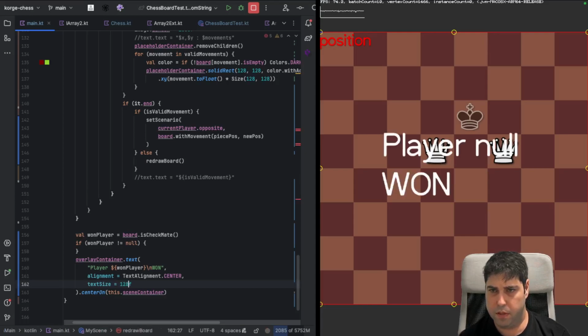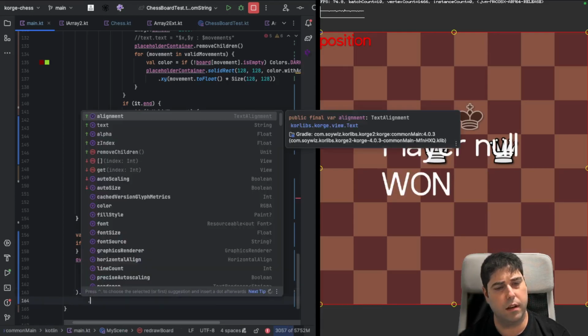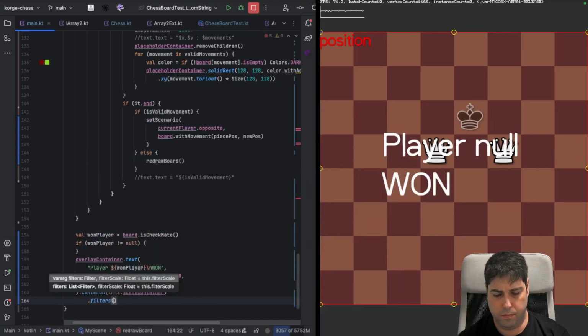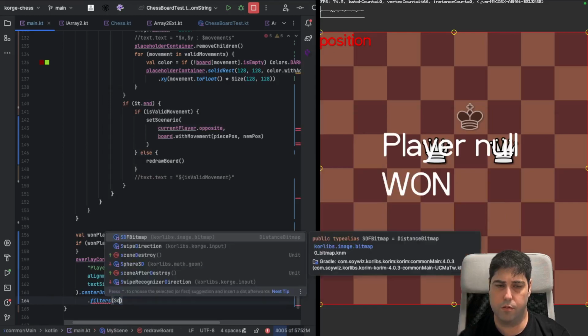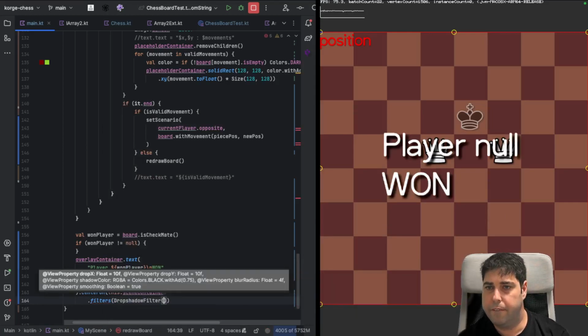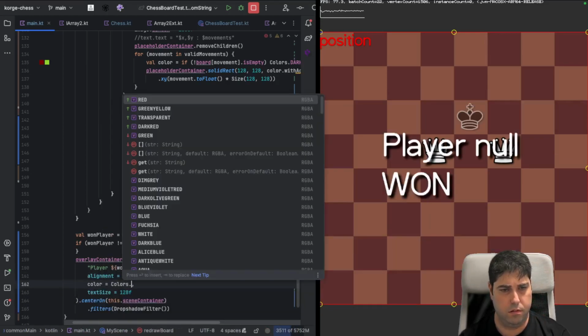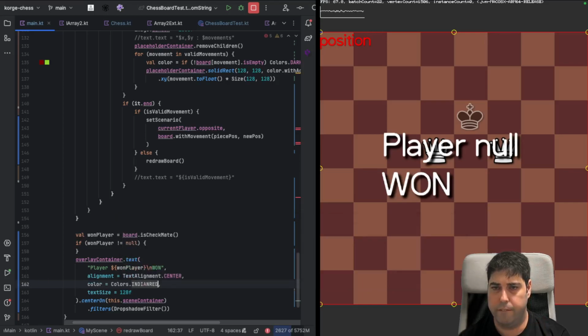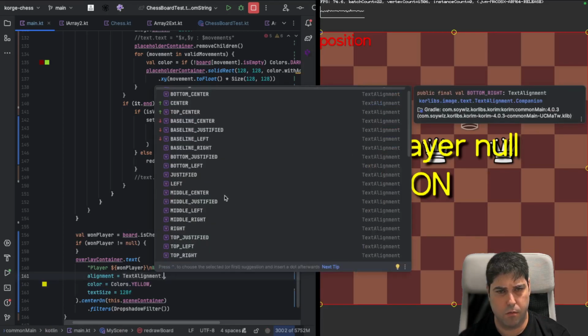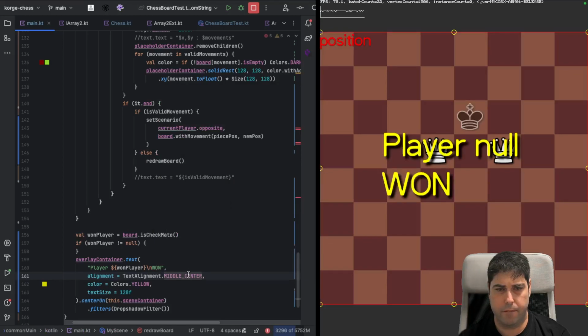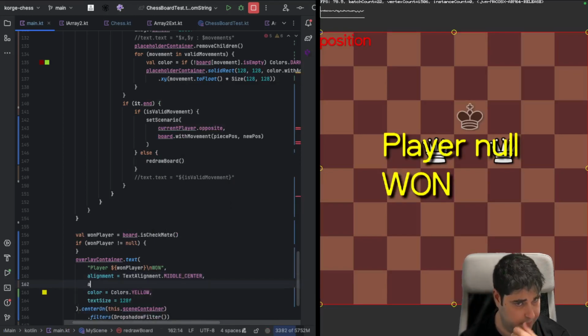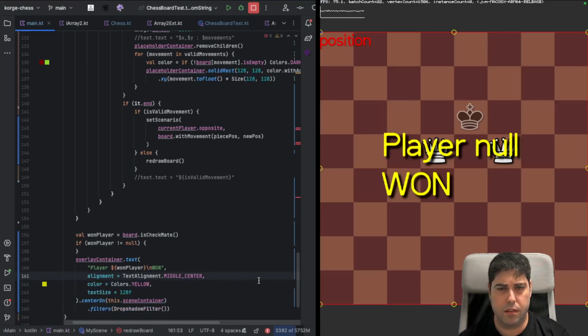So something like this, and we can actually put a drop shadow filter and change the color. This color, so text alignment. Something like this,